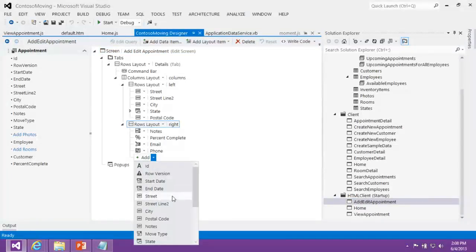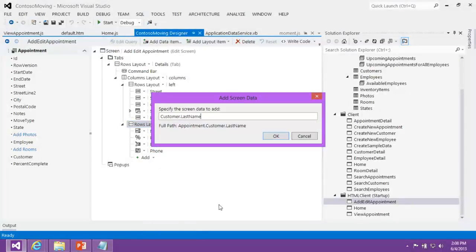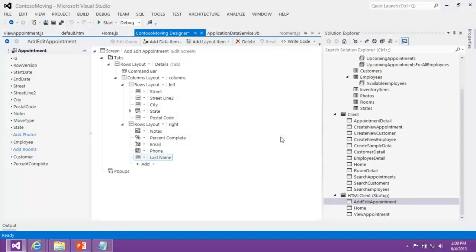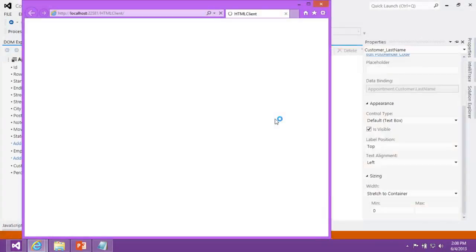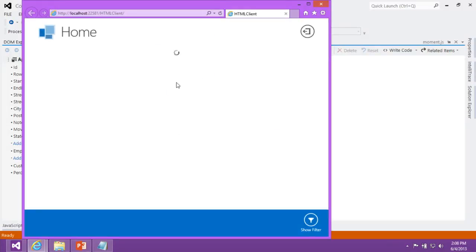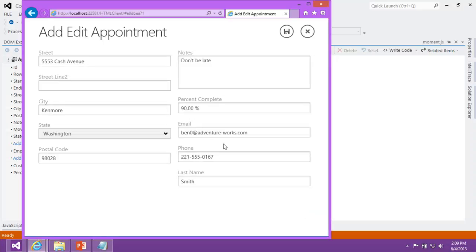We're going to add another screen data, and just to show you, last name, the binding is two-way. Okay, so there's Ben Smith. I will make him,